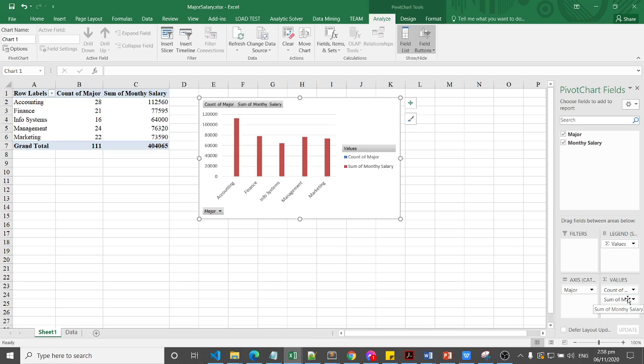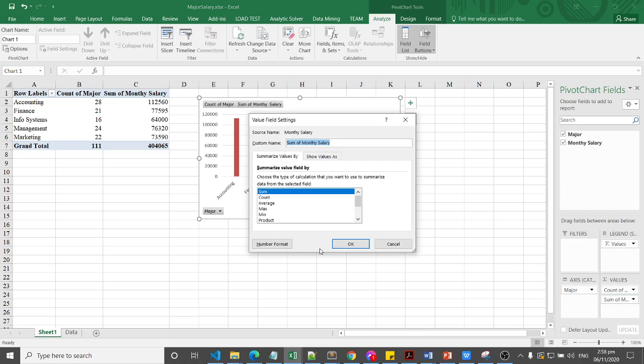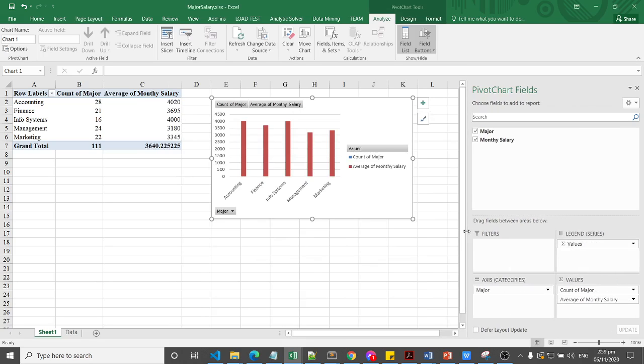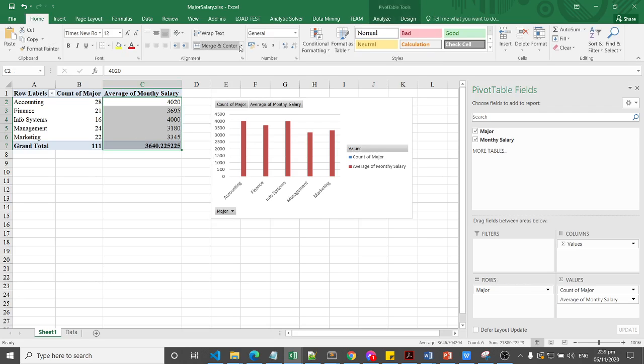Now, let's try to modify this sum of monthly salary by changing the value field settings to average, then click OK. Then we will try to format the average monthly salary in terms of dollars.